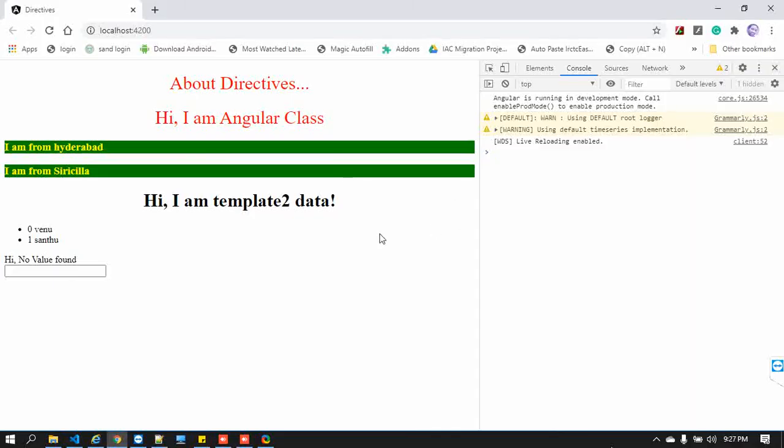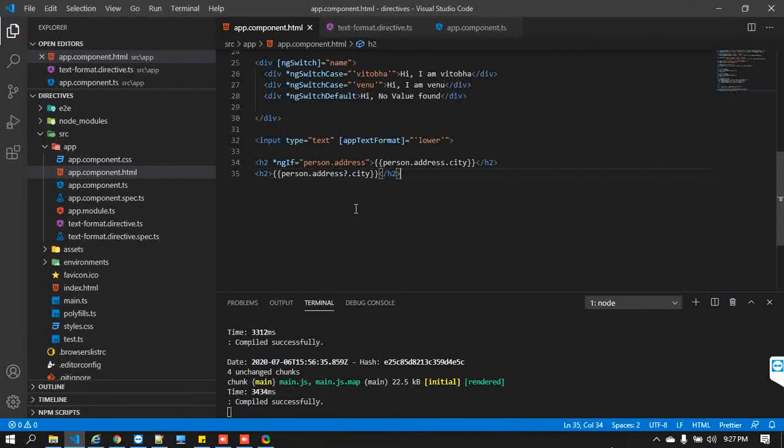So that is how, very simply, all about directives, custom directives, and these are the things about the safe operator. It's a very simple concept, guys. It's not a big deal. These are important things I would like to say in today's class because I'm going to use these in our project, so that is why I have finished.